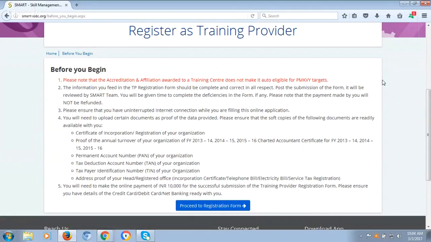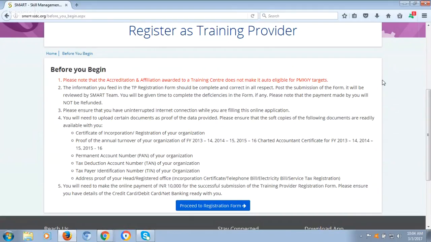Post the submission, the form will be reviewed by the SMART team. You will be given time to complete the deficiencies in the form, if any. Please note that the payment made by you will not be refunded. It is your responsibility. You cannot claim that this was not known to you earlier, because everything is transparent. You have to be 100% sure, double sure,